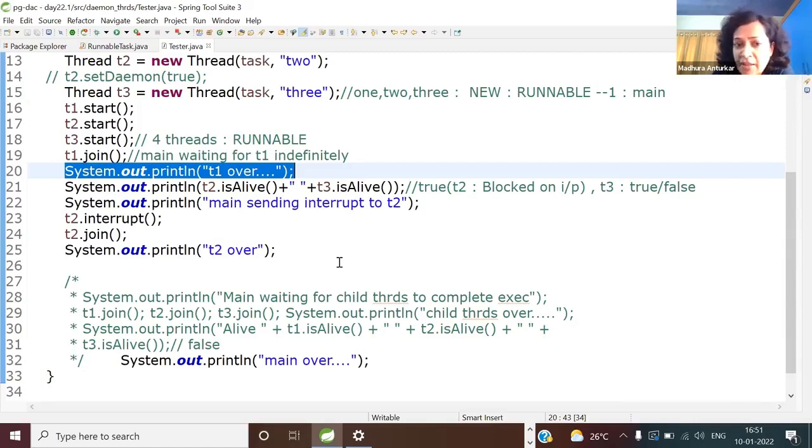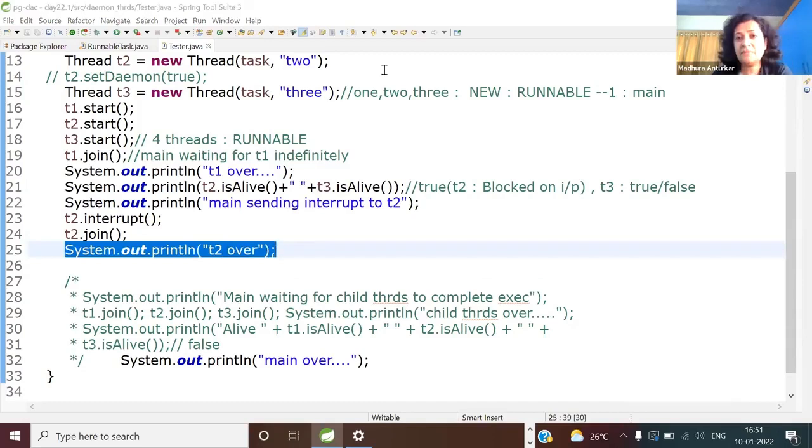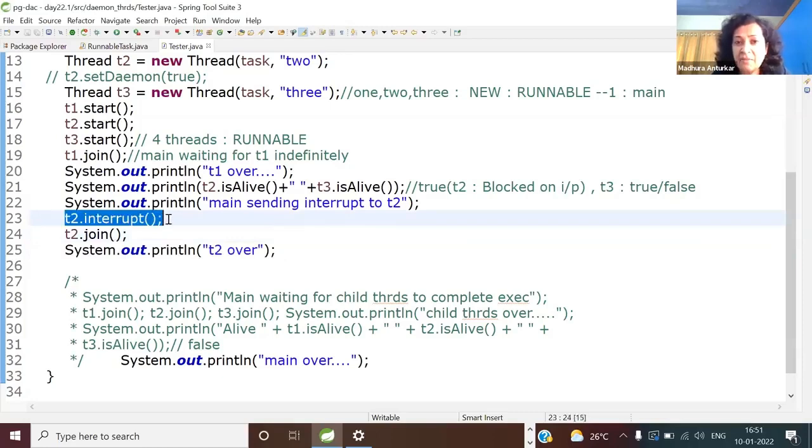So if I don't give any input, are you going to see T2 over? If you don't give any input to the thread T2, which is blocked on input, all I'm asking you is, can the interrupt signal unblock the thread here? All these are favorite questions.